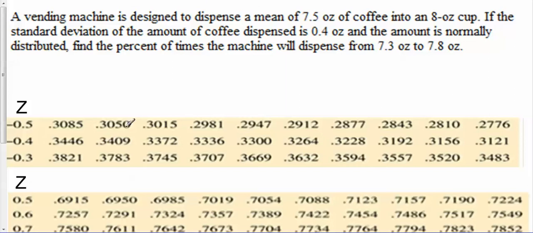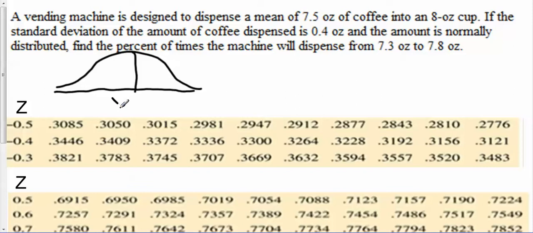This is an example from section 13.6 in MGF 1106 dealing with an application of the normal distribution. In this problem, it says we do have a normal distribution of the amount of coffee that is dispensed into an 8-ounce cup, and the mean of that normal distribution is 7.5 fluid ounces. So we'll label our normal curve and put a mean of 7.5 ounces